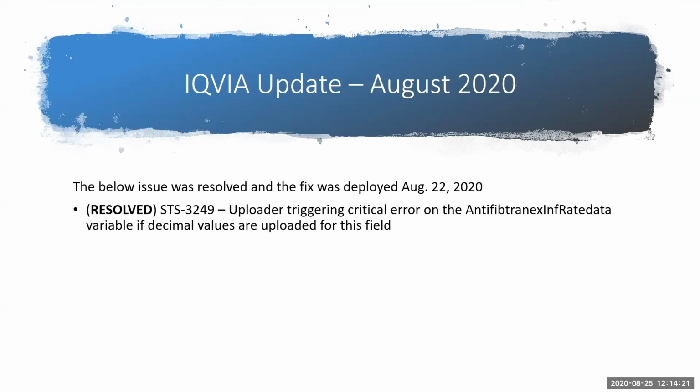If you were submitting a decimal value for this field, it was not being accepted when it should have been. That has been resolved as of this weekend. So if you were encountering that critical error that prevented any of your records from getting into the database, you should be able to resubmit those files now, and they should make it through.